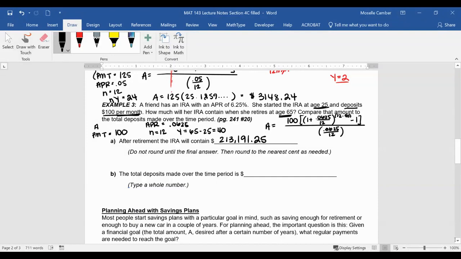Now the total deposits made. So this is the total deposit. So this is our money, or what we can call our principal, right? So we said that our ending balance is going to be a principal plus our interest. Right? We are looking for this here. So right now we don't really care about the interest. We're looking at the principal. So to figure out the principal, we know that